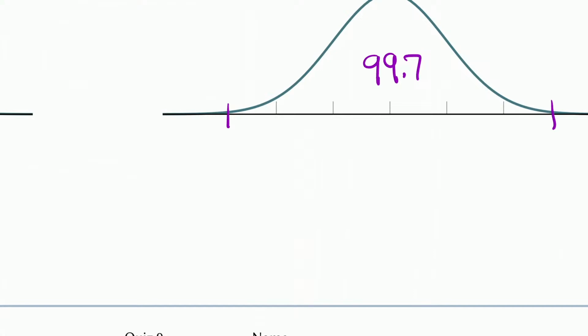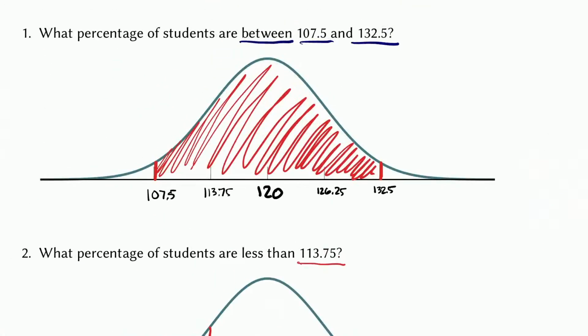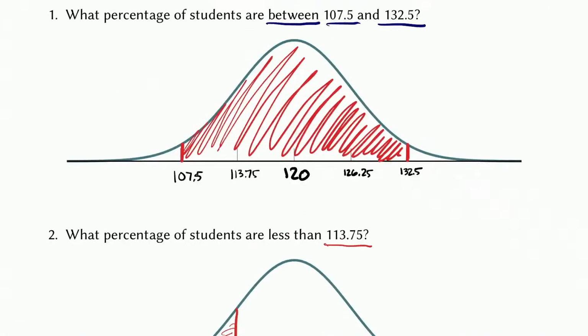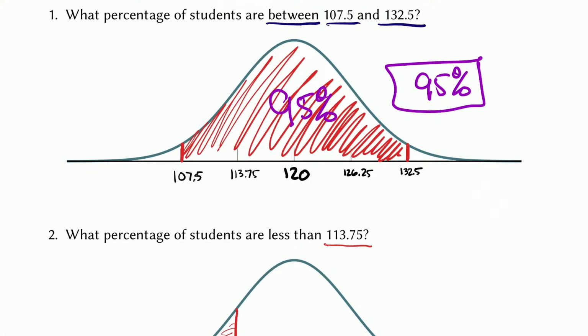And once you have those remembered, you can go back here and say, wait a minute, that's 2 standard deviations, and 2 standard deviations is the same as that one. It's 95%, according to, so 95%. If you did this one, I hope you got 95%. If you didn't get 95%, hopefully you see why it's 95% now. You can do it. You can do this. It's going to be all right.